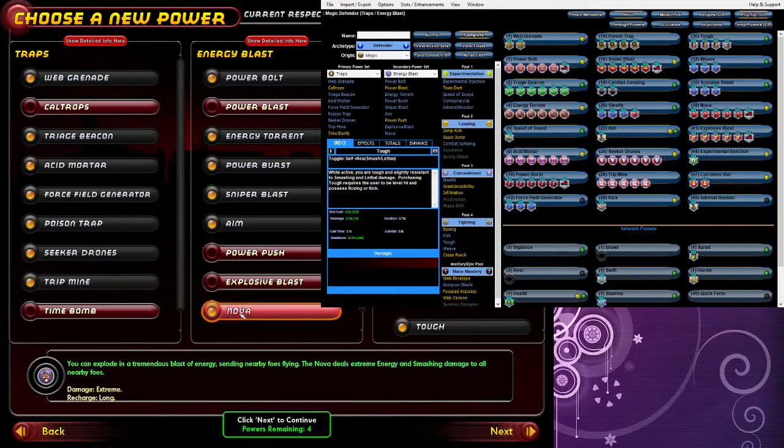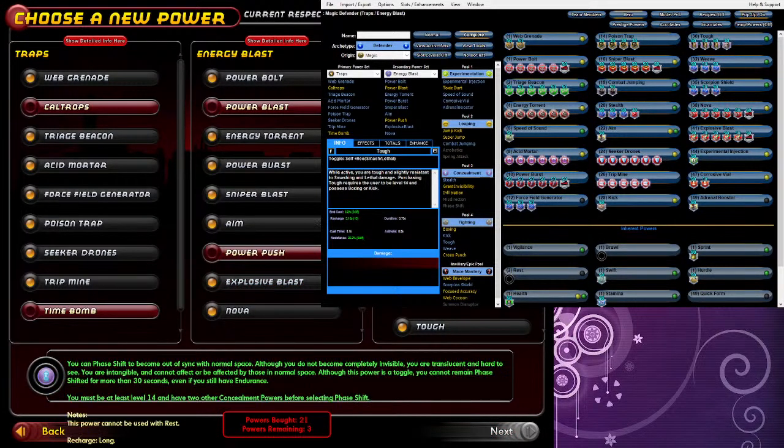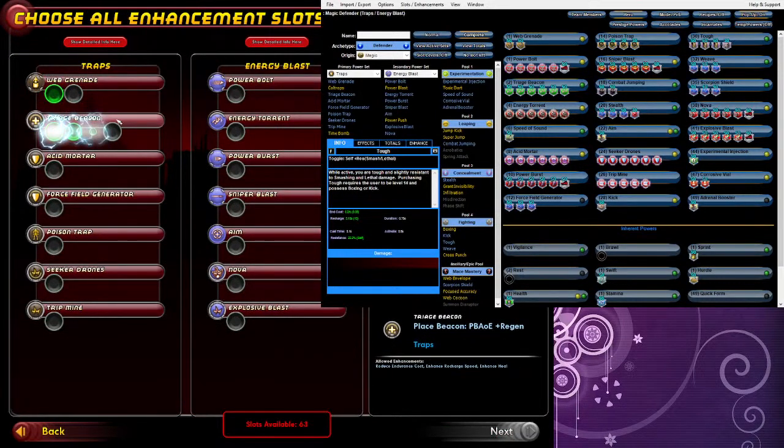Alright, and then Nova at 38, because that's when we can first get it, taking Explosive Blast. Then we were going for Experimental Injection, Corrosive Vial, and Adrenal Booster. Web Grenade got 2, Triage Beacon is 6 out,